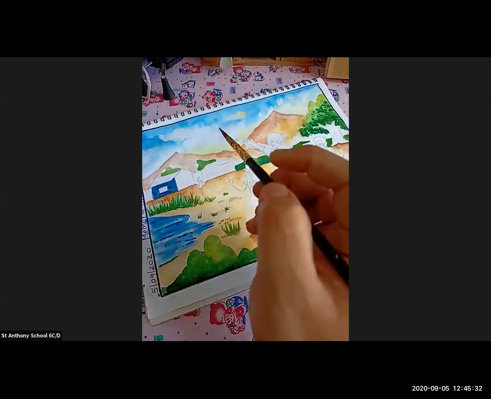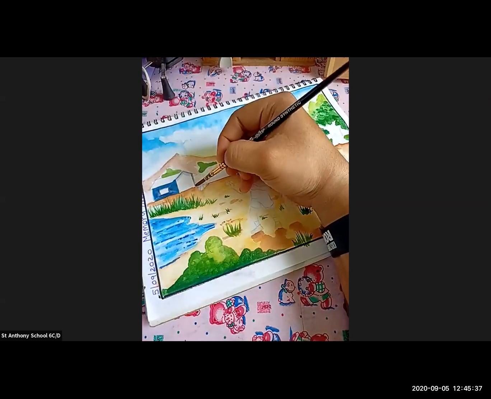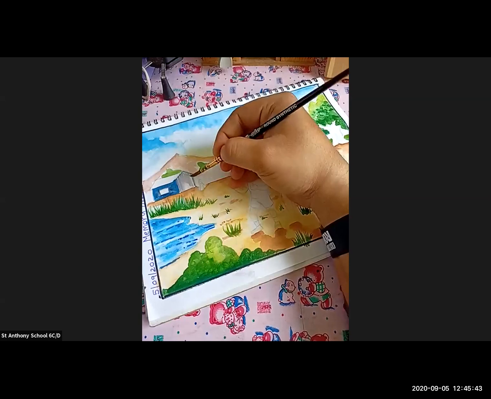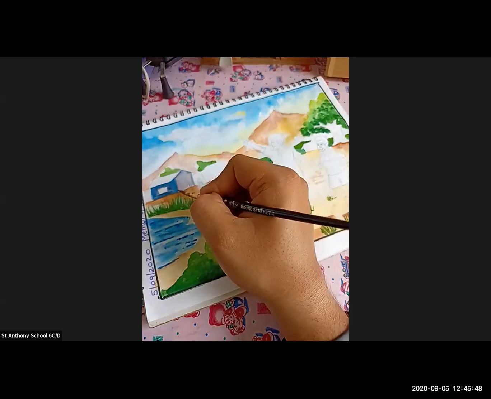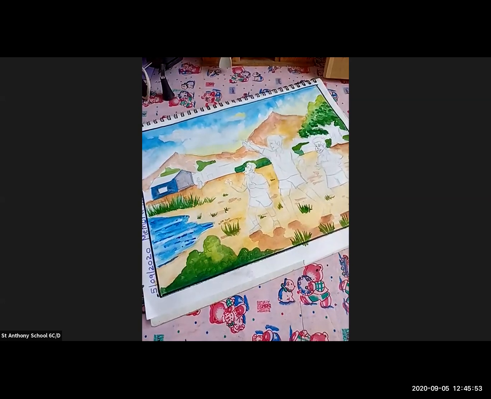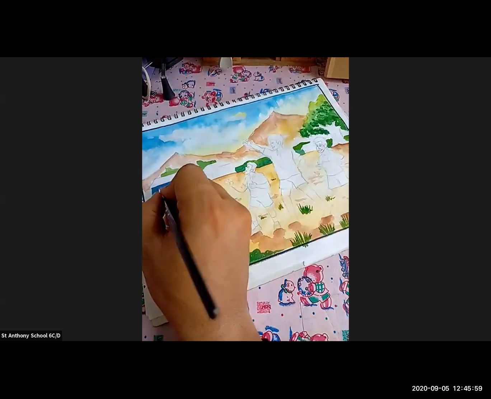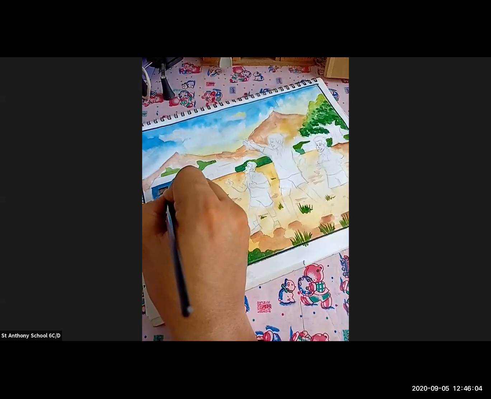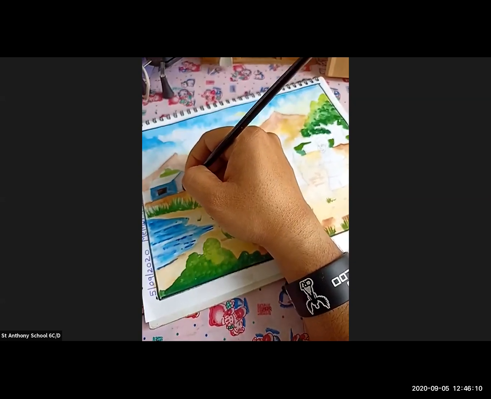As I complete this, I'll just give a proper shade in this part, and then I'm going to color this part over here. Just look at this. There is a light tone and there is a dark tone. Now for making the doors, I'm going to use a black color for coloring the windows and the door to show it, because it's very dark. So here I'm using a black tone, and to show the door also, the same way, a black tone.